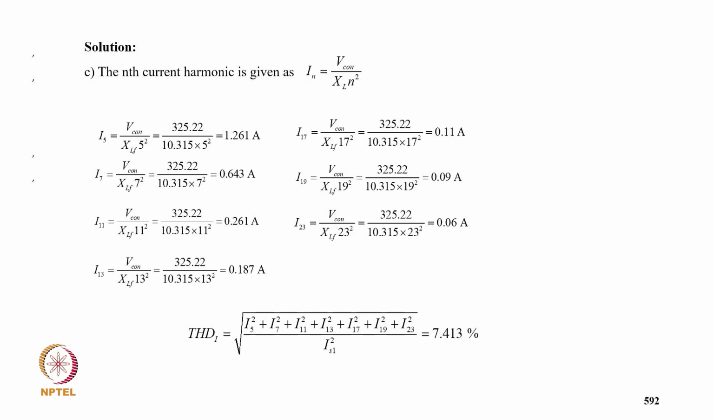28.76. And typically the nth harmonic current IN is V converter upon XL and N square. So I5 is 1.26, I7 typically 0.62, and I11 comes 0.62, I13 0.81, I17 0.11, I19 0.73. So TID again adding all the I7 by I5 square divided by I1, it comes